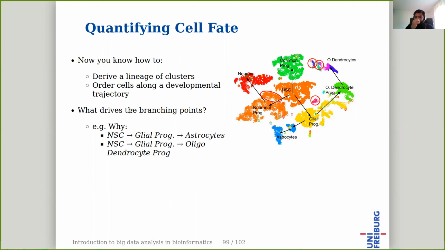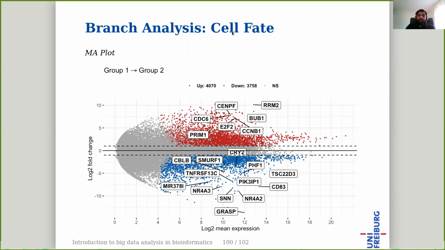And now we have to find out what drives this branching point. So what actually is happening here? For this, as I said in the beginning, we have to find the genes. So we have to really look at the expression levels. So what is actually important for taking this decision instead of this decision, right? So to investigate such branching points, we